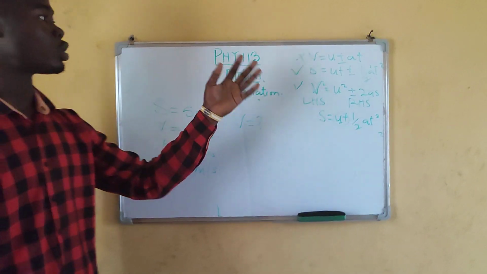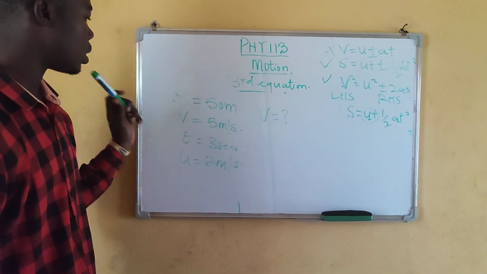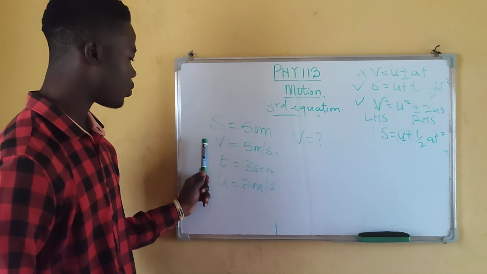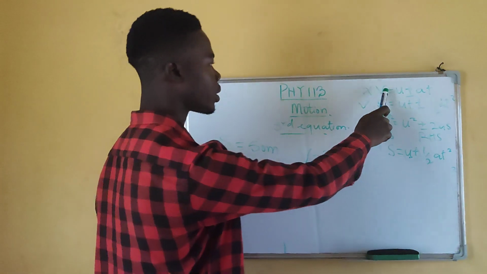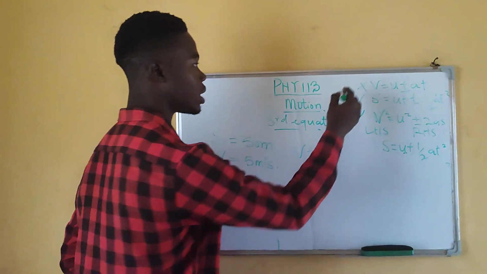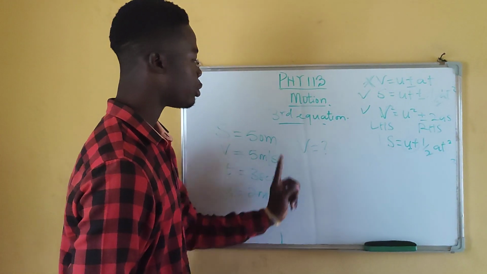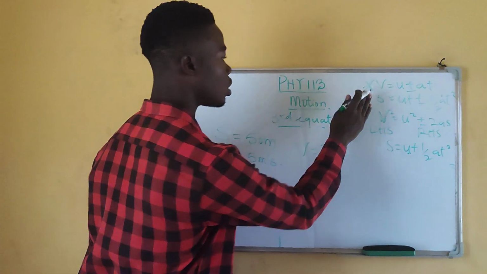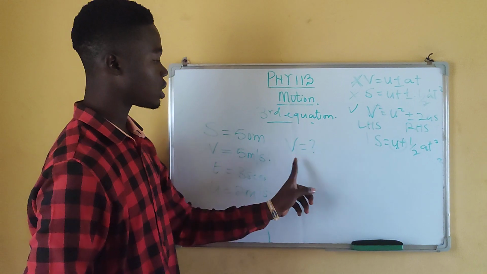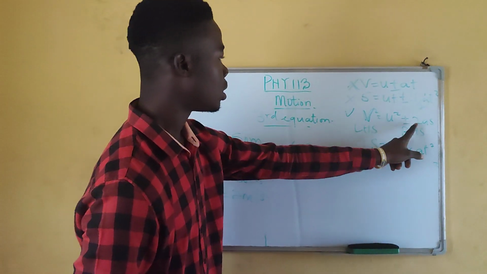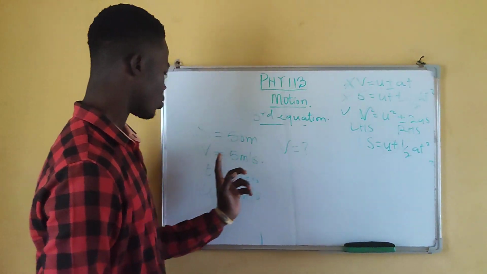That means you must know your formula offhand. You must know it offhand. Now we have our distance, we have the final velocity, we have the time, we have the initial velocity. Go back. This one is not even having distance, so it's cancelled out. This one is having distance, it's having initial velocity, but we are looking for final velocity, so it is also out. This one is having, we are looking for final velocity. It has initial velocity. We have acceleration here, but we are seeing v and t